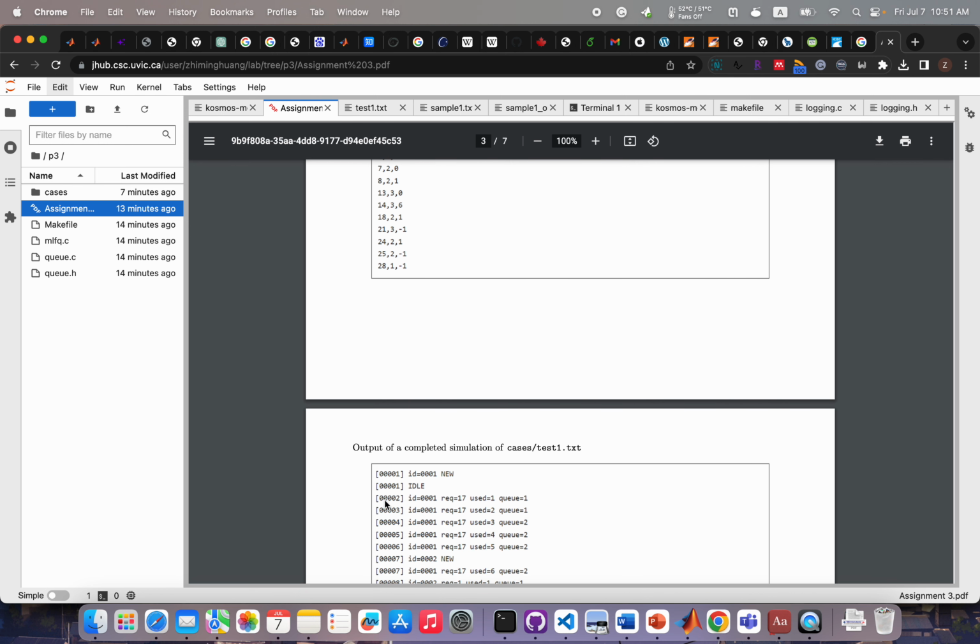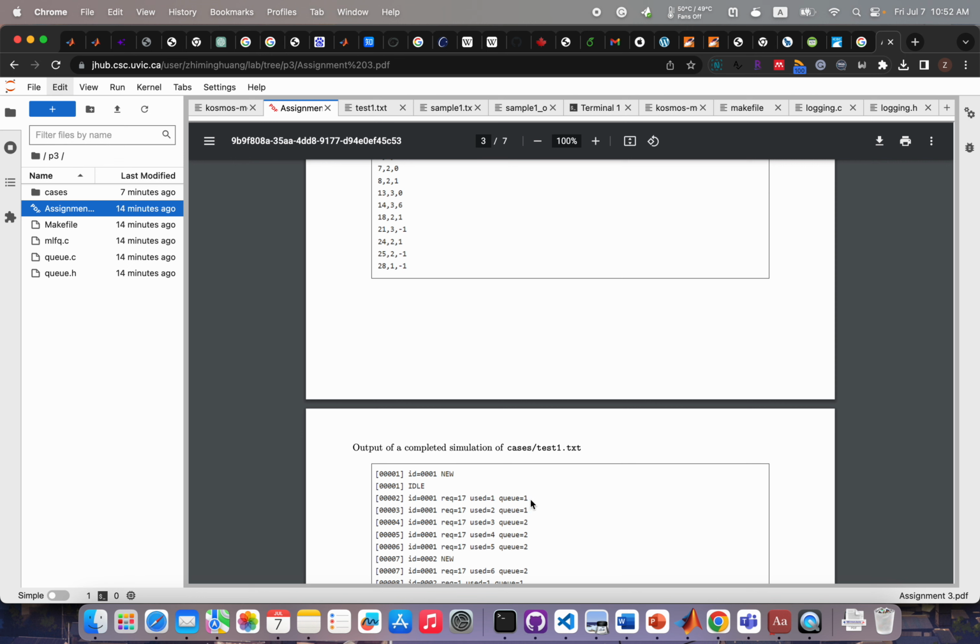So we can see that at tick 2, the task with ID 1 requires 17, and used 1 means that the current tick also counts for one of those 17 ticks. So used 1, and initially this task will be